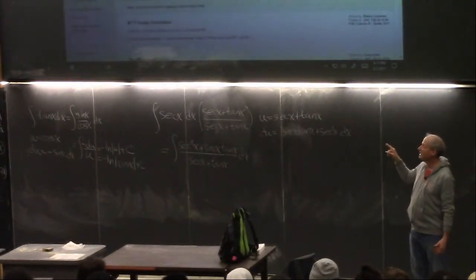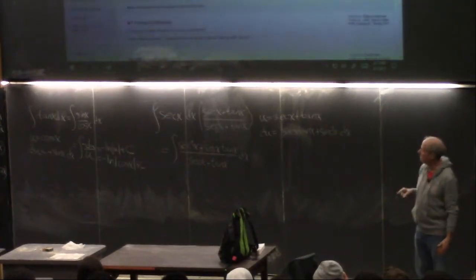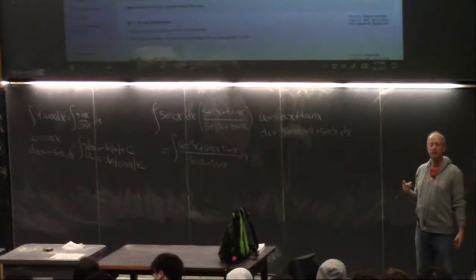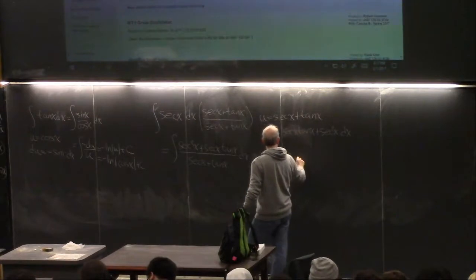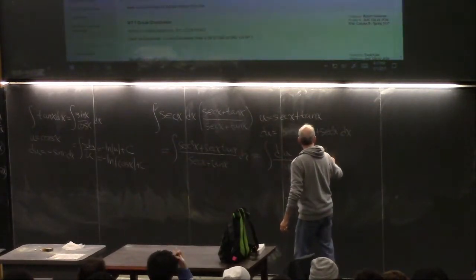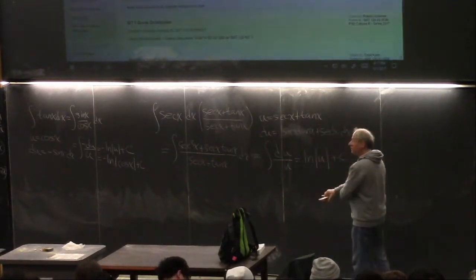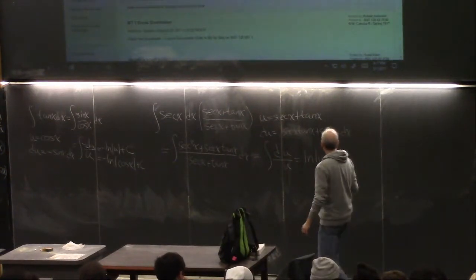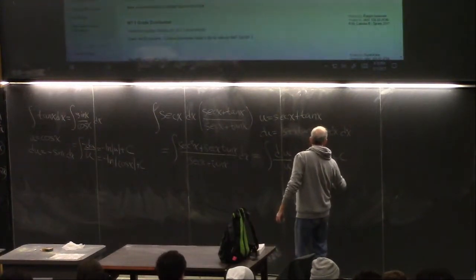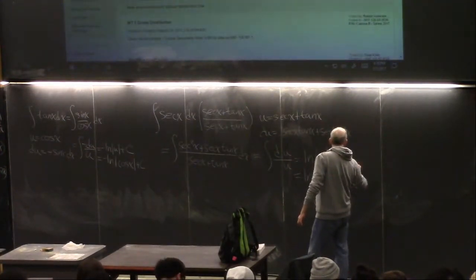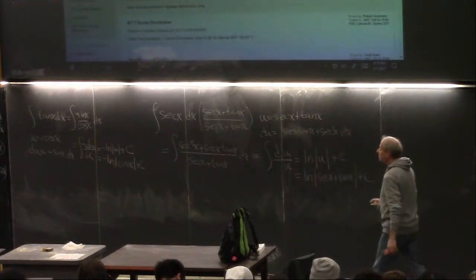But the thing is, you may need the integral of secant x for something, or you may need the integral of tangent x. Like when you're doing integration by parts, sometimes one of the parts that's left is secant x. So then you just know what this is going to become. So now we have du on top and u on the bottom. That's log of u. And now we substitute back. So that's ln of secant x plus tangent x plus a constant.